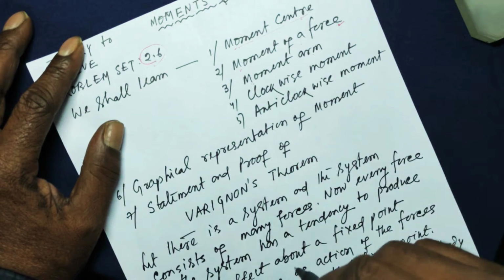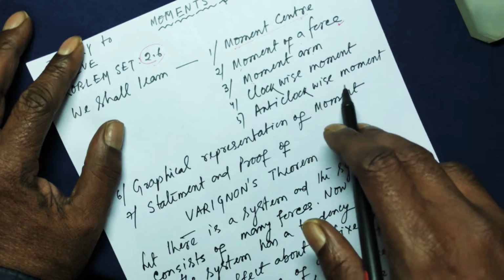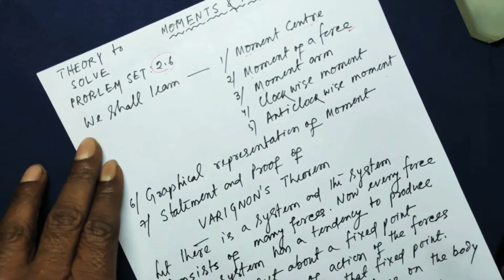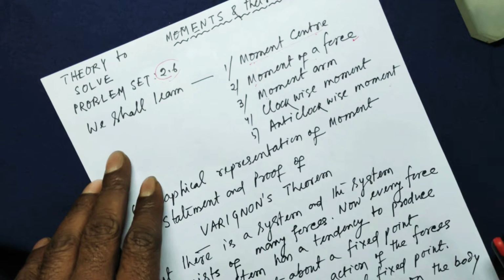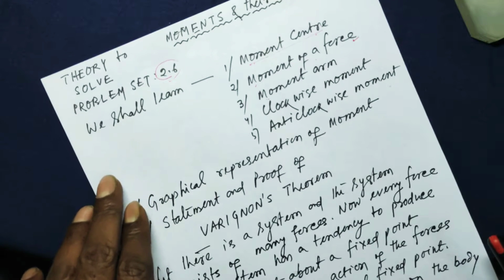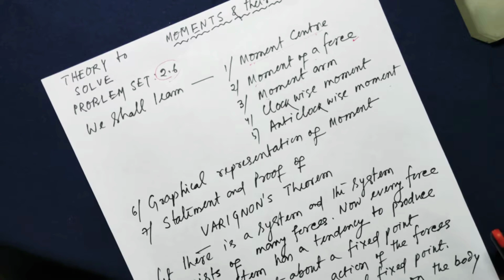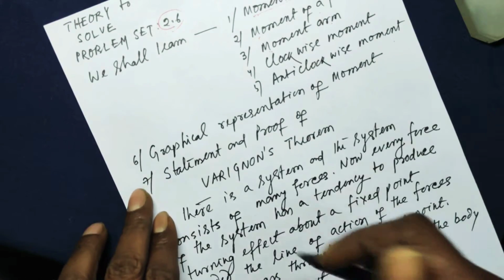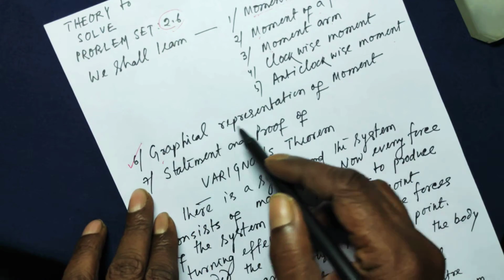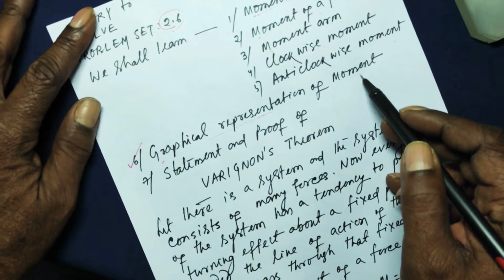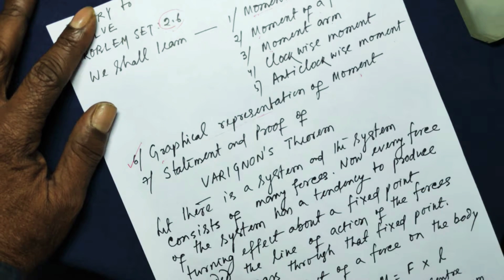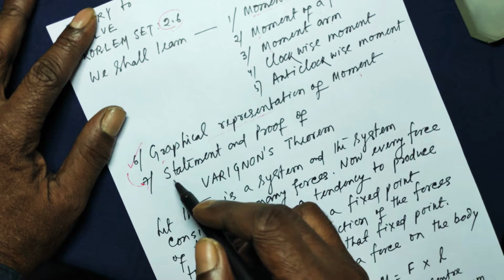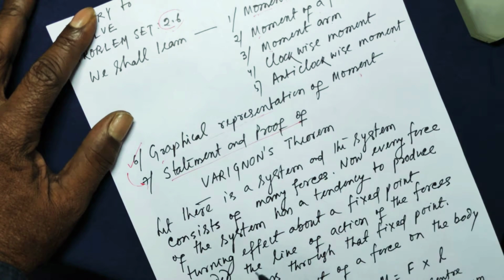Then what is clockwise moment, how to take the sign convention, anti-clockwise moment, and how to take the sign convention while solving numerical problems from set 2.6 of the book Engineering Mechanics by Professor Timoshenko and D.H. Young. And we shall also be learning the graphical representation of a moment. This graphical representation of moment, which I will explain in a few minutes, will be useful to understand the statement and proof of